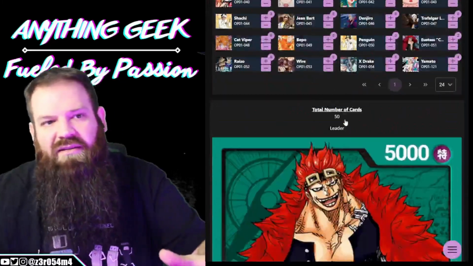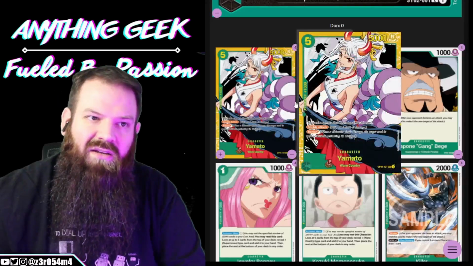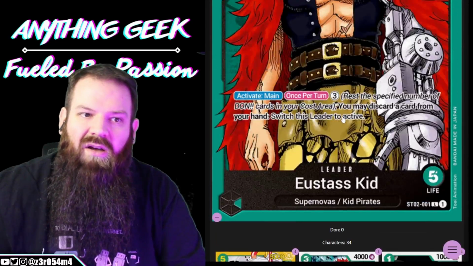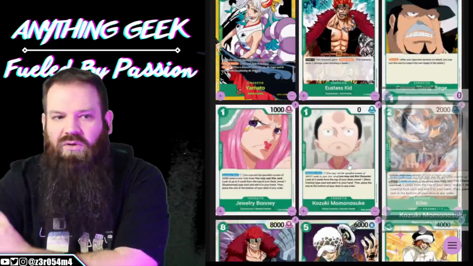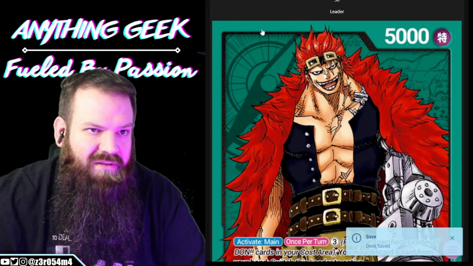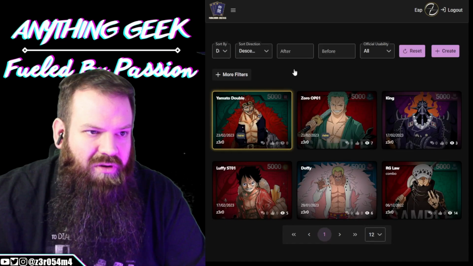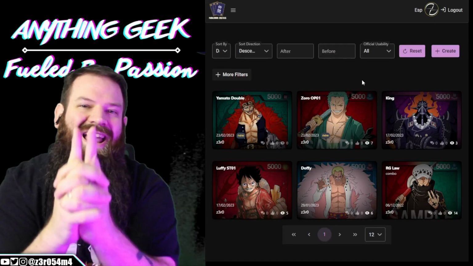That's where I stand on the green deck, built around the double attack of Yamato, with the restand ability of Captain Kidd and all the blockers that you may want. Save that again, deck saved. Is it ready? Again. Okay, now let's go ahead and try and build our last deck, which is the deck